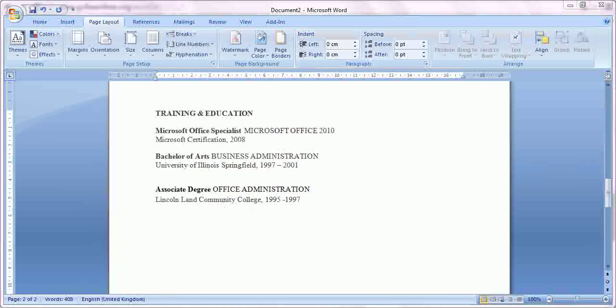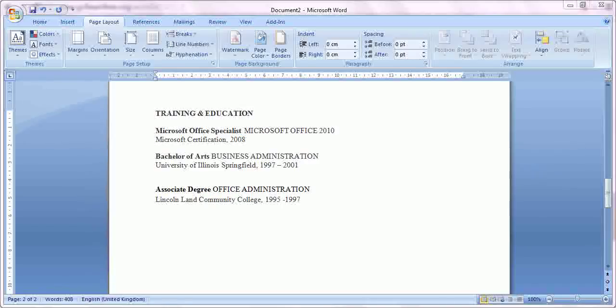In the next section, I'm going to show you how to use tabs. By default, every time you press the Tab key, the insertion point will move ½ inch to the right. Adding tab stops to the ruler allows you to change the size of the tabs. And Word even allows you to apply more than one tab stop to a single line. For example,